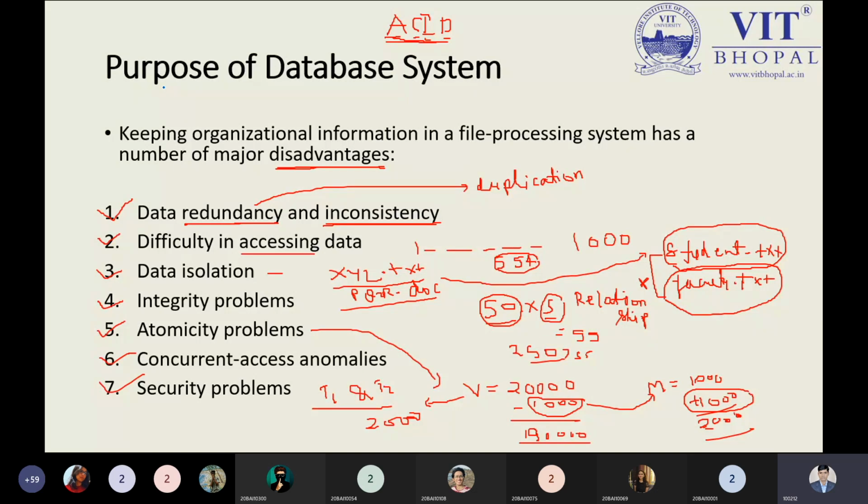So first point, we have data redundancy and inconsistency. What are the disadvantages of the file processing system? In the file processing system, data redundancy, that is duplicacy, and inconsistency will be there, because the data can be inconsistent. Suppose that I am putting the age